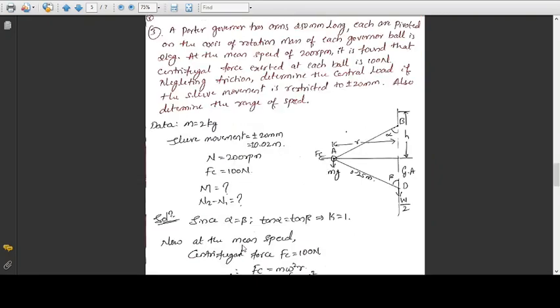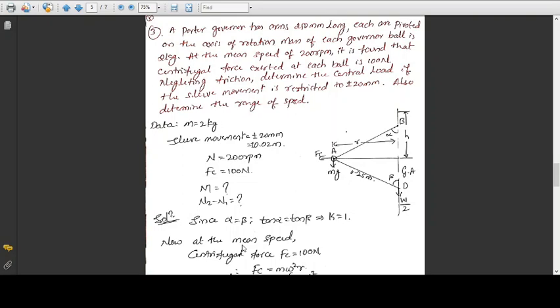So in the previous two problems there was a slight difference, right? In the first problem, both the upper arms and lower arms are connected on the governor axis, but in case of the second problem, the lower arm is offset by some distance. So because of that you need to calculate some extra terms over there. So now moving further, we'll try to solve the third one.